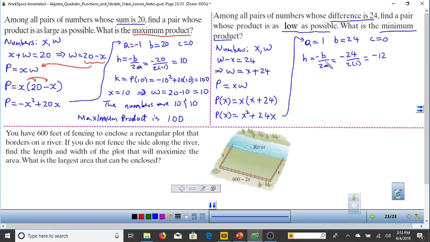And then, of course, that's my x coordinate. So x is equal to negative 12, which means w is negative 12 plus 24, which is positive 12. So one number is negative 12 and the other number is positive 12. So the numbers are negative 12 and positive 12, and the minimum product